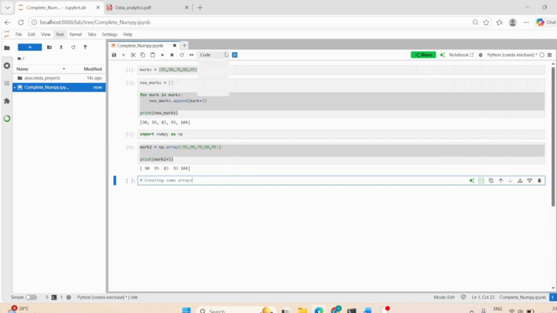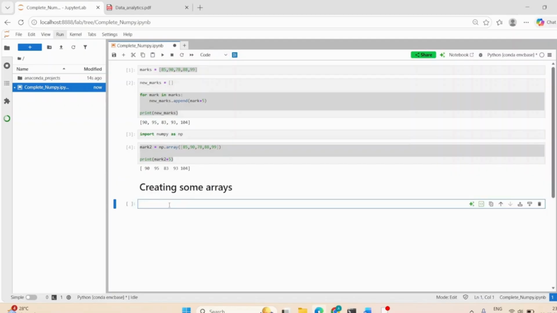Okay, I will give this as a markdown. Shift plus enter. Now let's create first a one-dimensional array. How can we create a one-dimensional array? Let's say array1 is equal to np.array